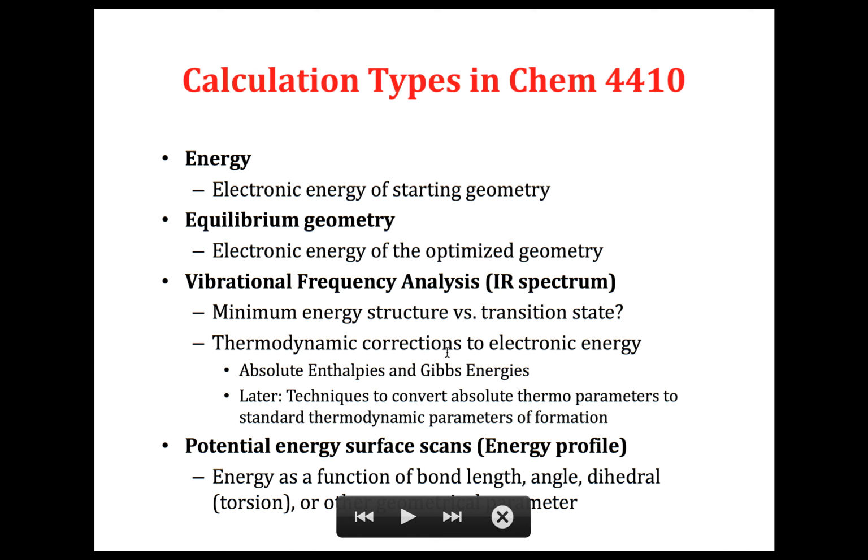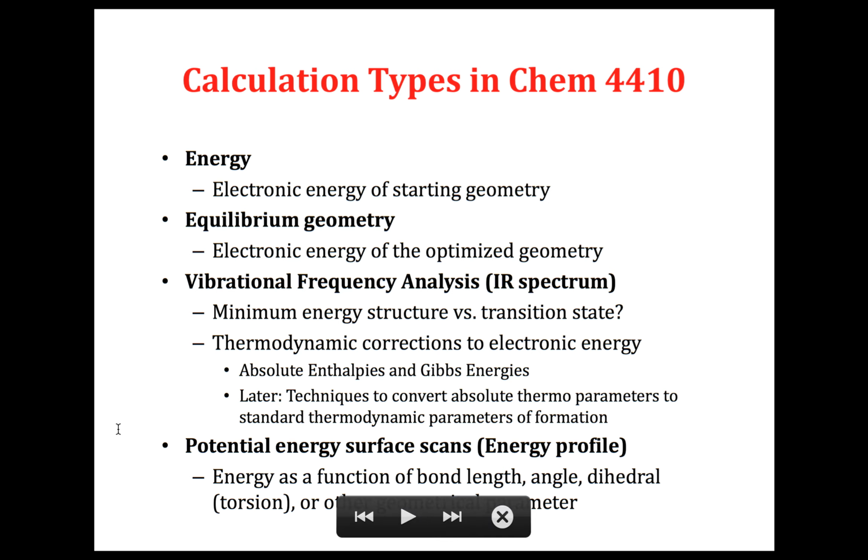But we also get thermodynamic corrections. This is something we'll look at in activity 1 with experiment 5, looking at these different thermodynamic corrections and how they're made from the minimum energy structure's energy. So when we do an energy calculation, we'll get the energy of a molecule, usually in Hartrees per single particle. So all of our calculations that we're looking at this semester assume you just have one particle isolated